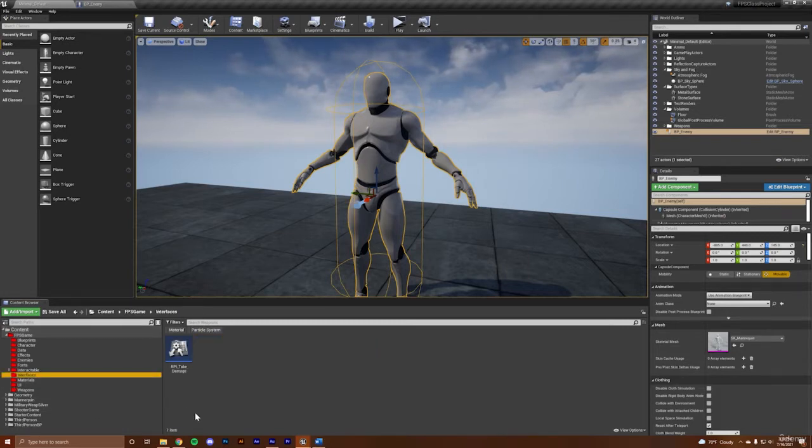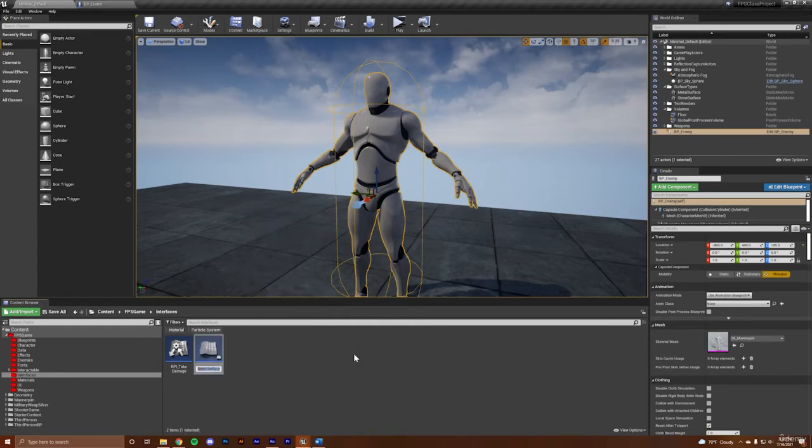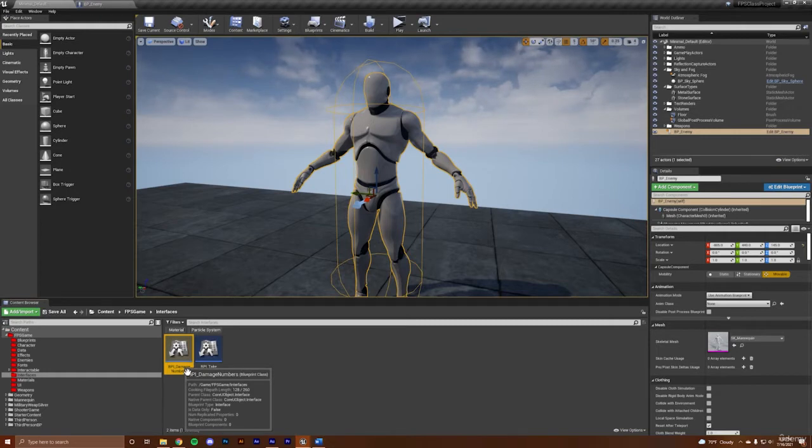Let's go over to our interfaces folder, and let's add a new interface. So, let's go to blueprints and blueprint interface, and let's call this, should keep the name same, BPI_DamageNumbers. Now we could technically do this off of a custom event, but in our game, okay,